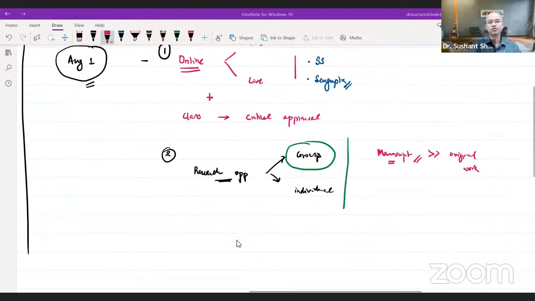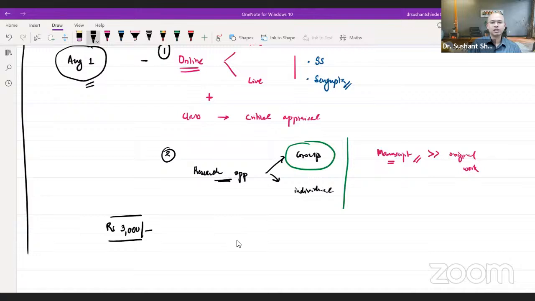The price, yeah, this is going to be a paid program. This is not a part of the Quest lecture series. This is a different research workshop. The price for this program is going to be rupees 3,000, and this should be inclusive of what has been said above. And this is something that you need to enroll in within the first 1 week, before 1st of August, is when you need to enroll for this.